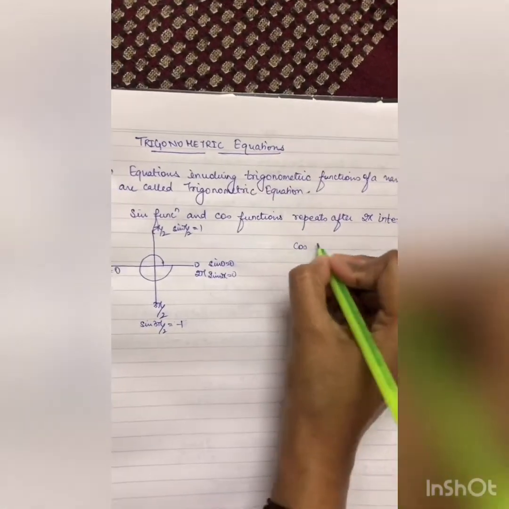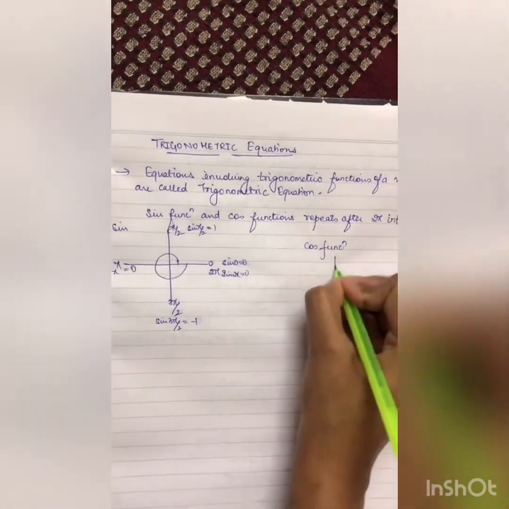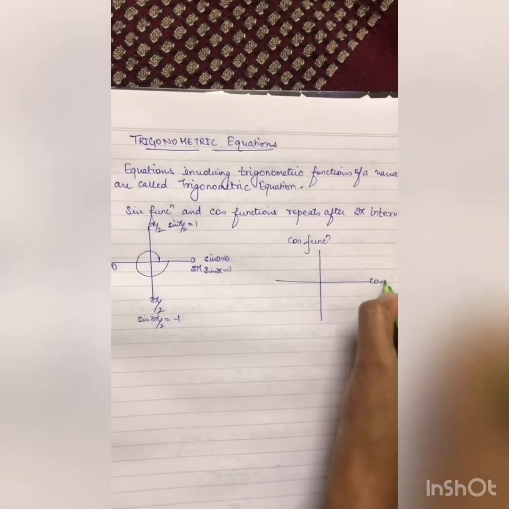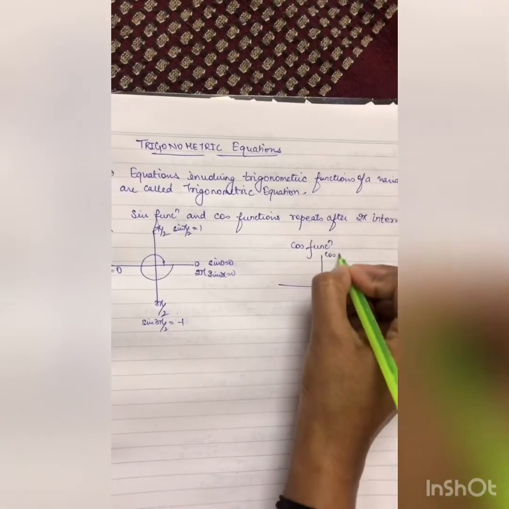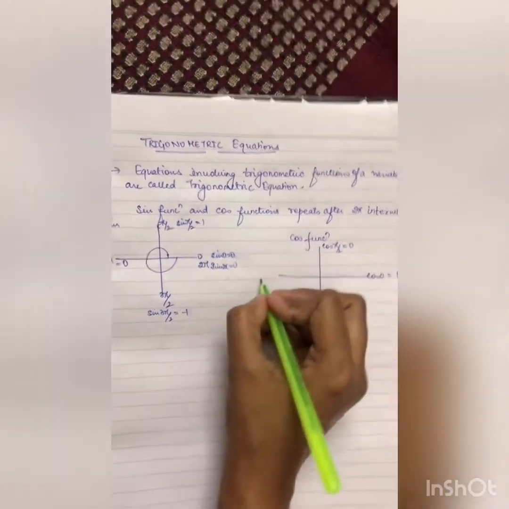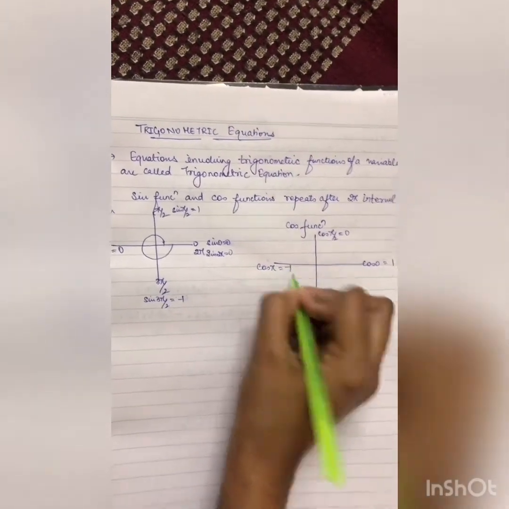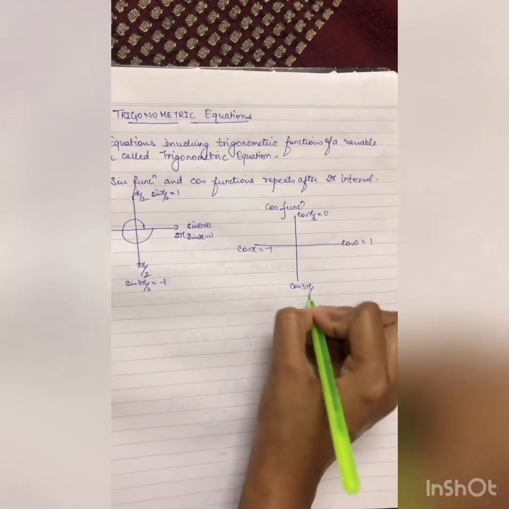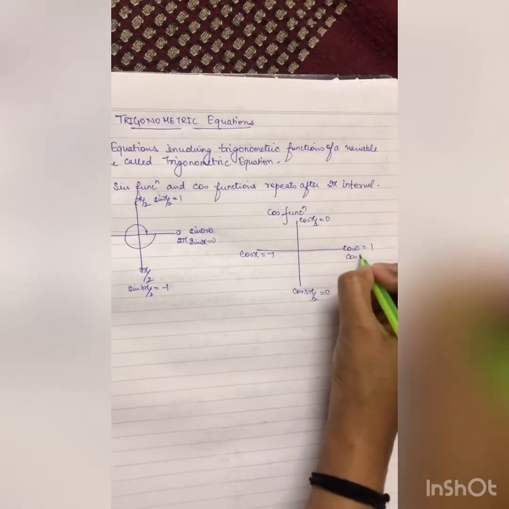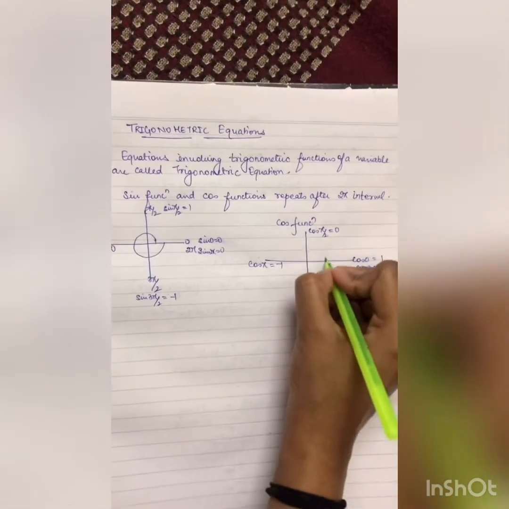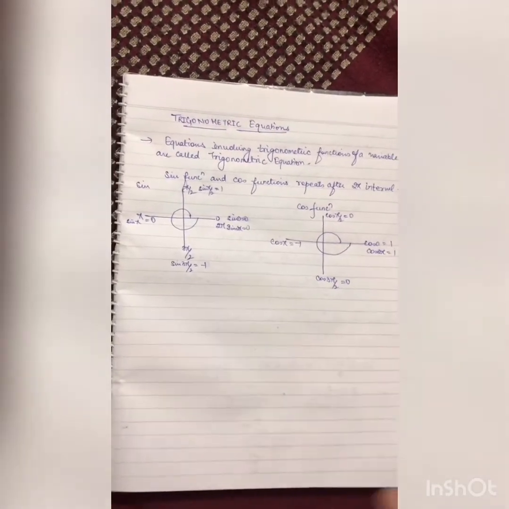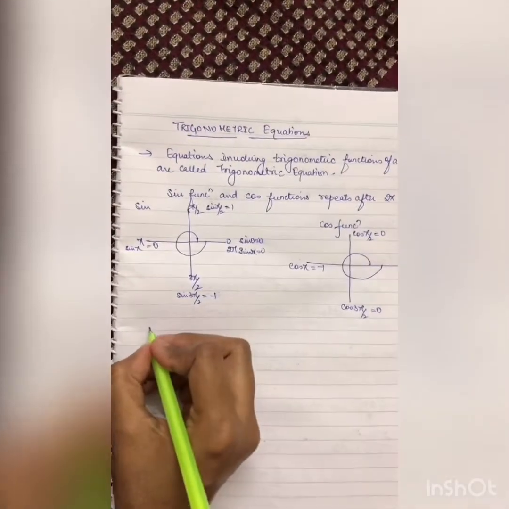Similarly, if I see the cos function, cos 0 is 1, cos pi by 2 is 0, cos pi is -1, cos 3 pi by 2 is again 0, and cos 2 pi is equal to 1. So again it repeats after an interval of 2 pi in the clockwise as well as in the anti-clockwise direction. Whereas